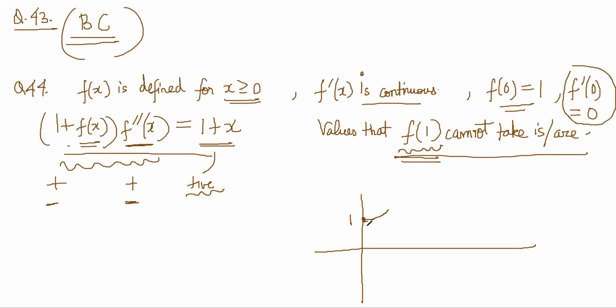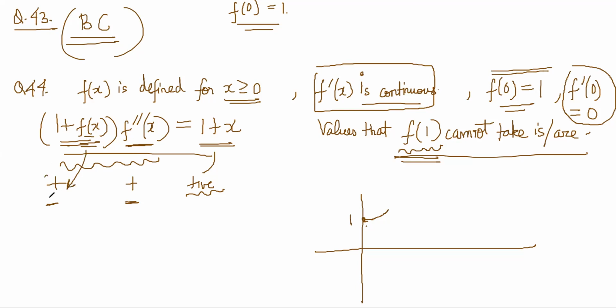The graph from 1 will go up only, no? Near this value, f of 0 is 1, right? And f(x) is continuous because the derivative is defined, right? So near this value, 1 plus f(x) is positive, because f(x) is itself positive near 0, right? But it has to approach 1. So that means this is stuck to positive. It cannot be negative, right? So that means the graph is going up, concave up from here.